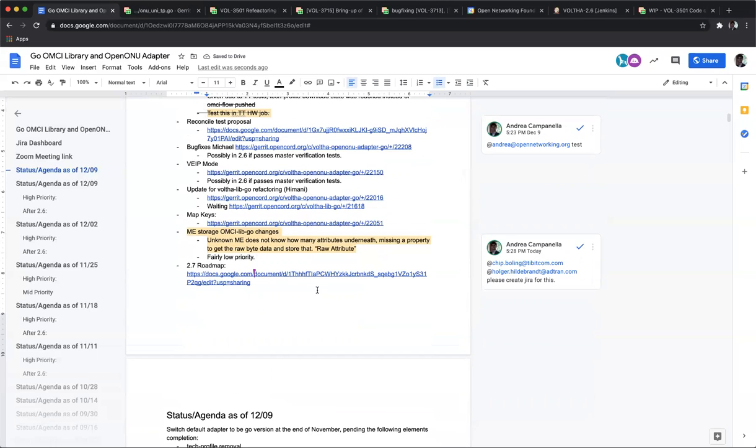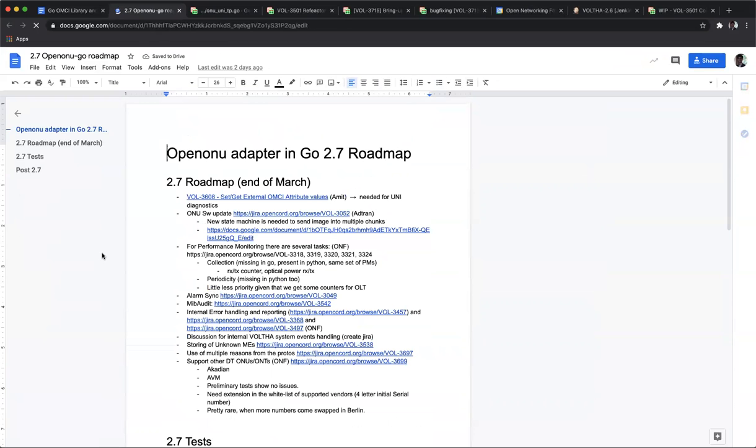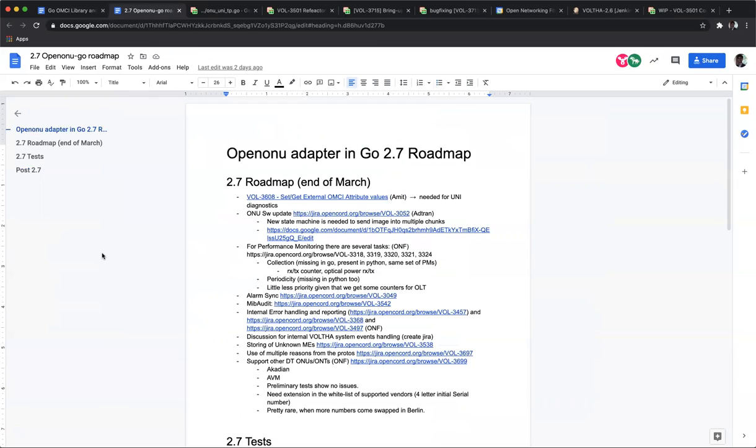Okay. Great. Perfect. So I want to spend a little bit of time on the 2.7 roadmap. This was put together in a discussion between the few interested parties, operators, and Adtran itself and myself. So we wanted to take a look at what we would like to achieve within this group for the 2.7 release.